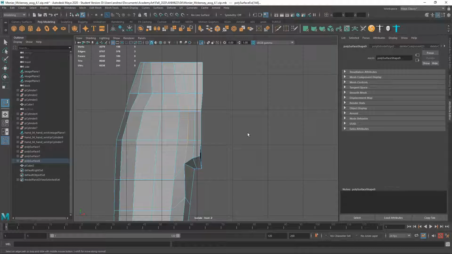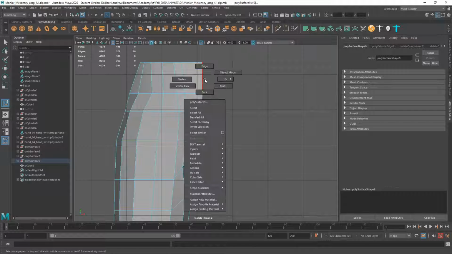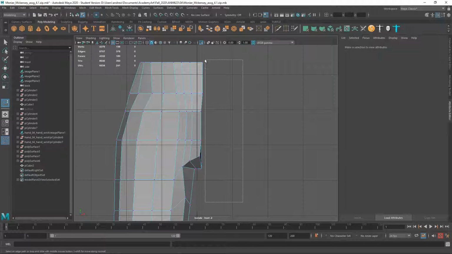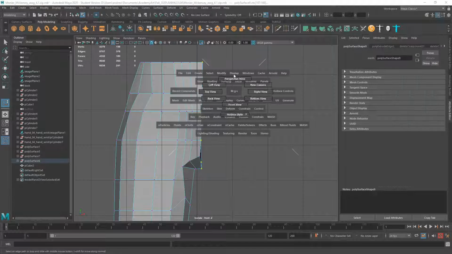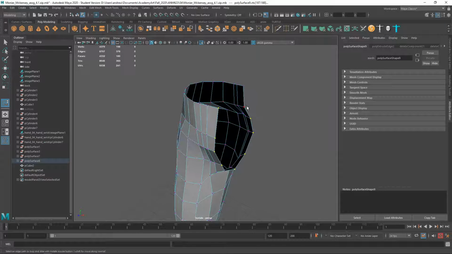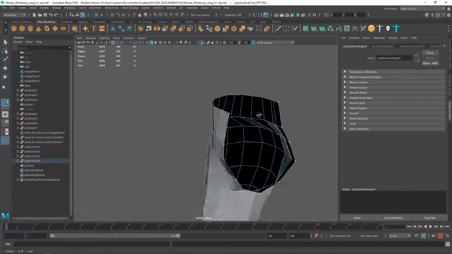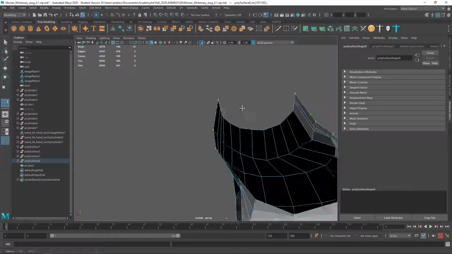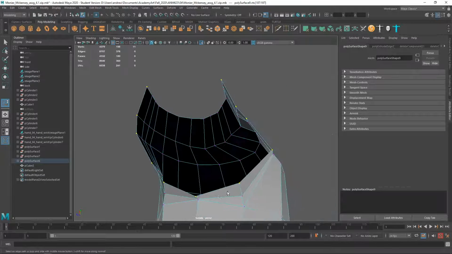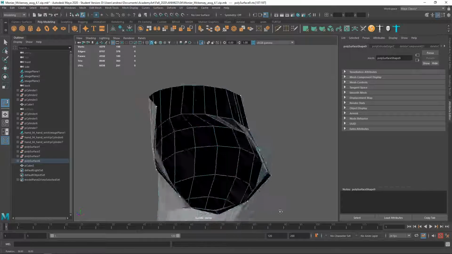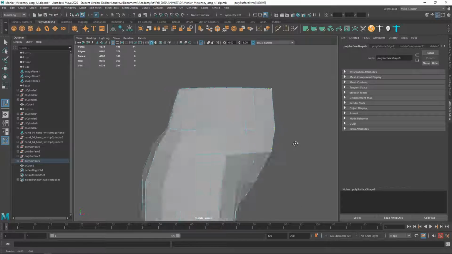Maybe deselect that. Just get these over more. Okay. And then maybe I'll just select these verts like this. Make sure I got all the right ones selected. I do not. I don't have that or that. Okay. Or that. Don't really like this shape right now, but